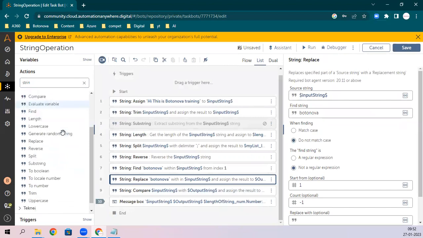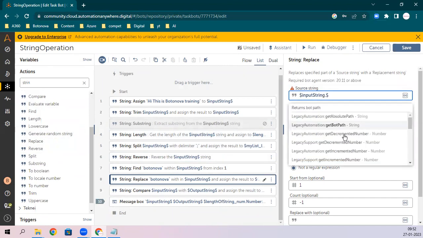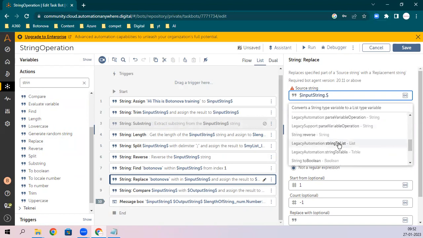String. As I mentioned, for the string you also have some commands: input string dot, you have length, lowercase. Directly you can use reverse, but generally people don't use it directly for string operations; they use the command. You also have string to number, trim, uppercase.